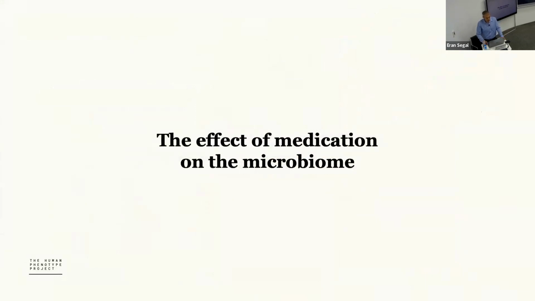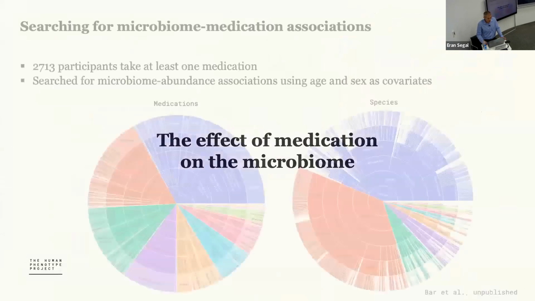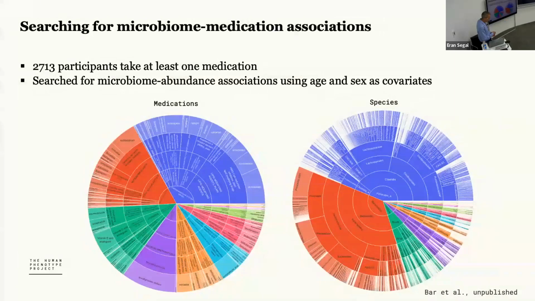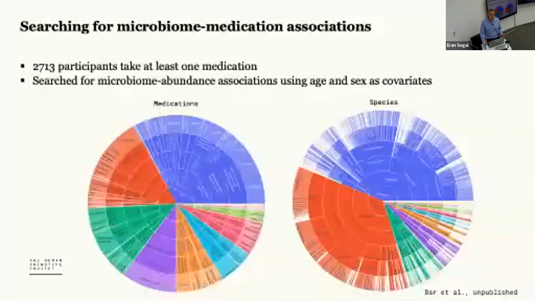Okay, another area that we studied. Even though our main cohort is a healthy cohort, even in a healthy cohort, many people take a lot of different medication. There are actually 2,700 participants, out of 10,000 people, that regularly take at least one medication. We have the information on all the medication that people are taking, and we wanted to ask the question of whether taking the medication, which typically we know what the target of that medication is,